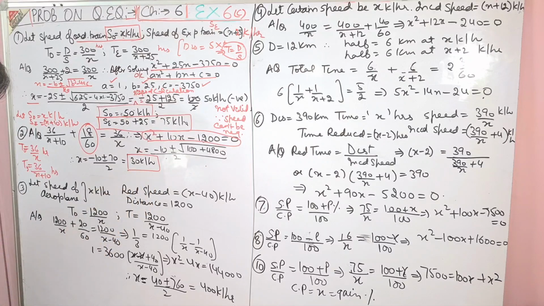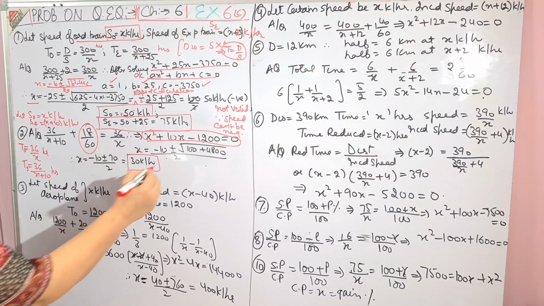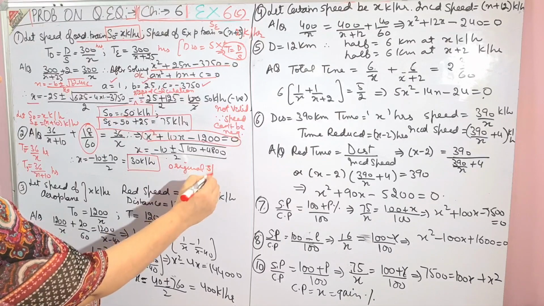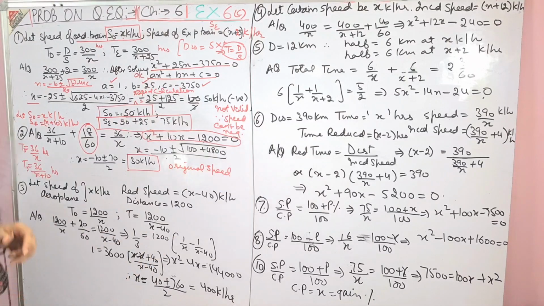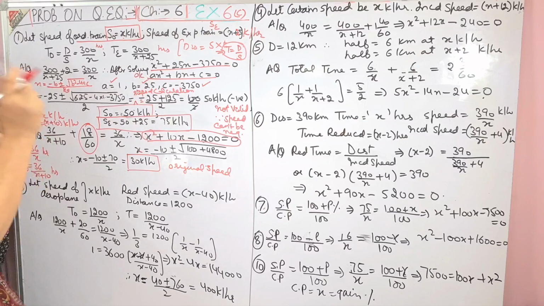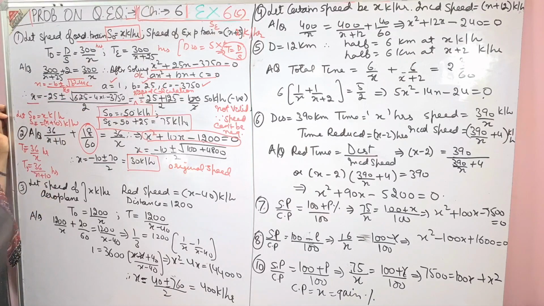They are asking to find the speed of the car. The original speed we had to find. So the original speed they have asked, this is the speed of the car. The main basic I have given you: wherever in the denominator the speed is more, you have to add the time there. If the time is in minutes, you change it into hours. Be careful children. This is the only base of all these questions, and this exercise is really very, very important for ICSE. Then coming to the third question, again I give you the hint.